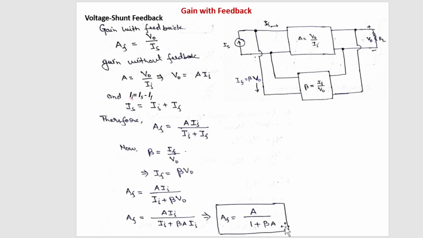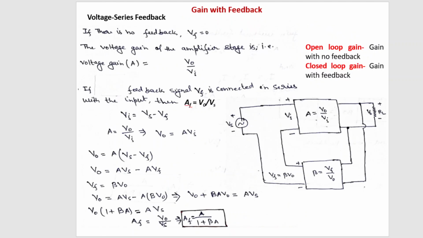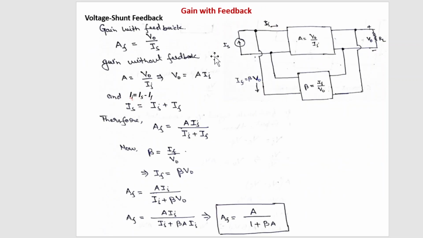Here if you see, this A is divided by the quantity 1 plus beta A, that means this AF is reduced. How much? 1 upon 1 plus beta A times the gain without feedback. So in both cases, whether it is voltage series feedback or voltage shunt feedback, gain with feedback is reduced by 1 upon 1 plus beta A times. So let us try to find out